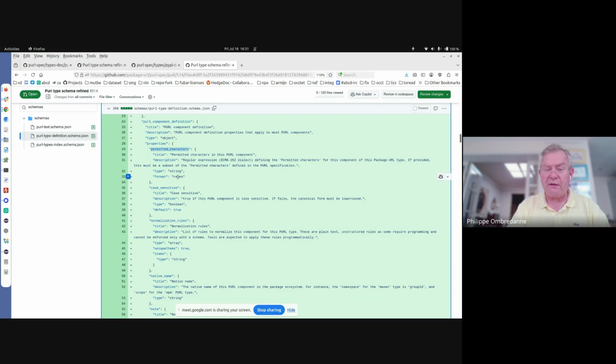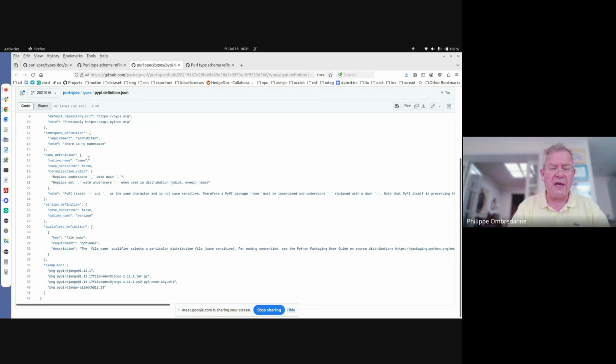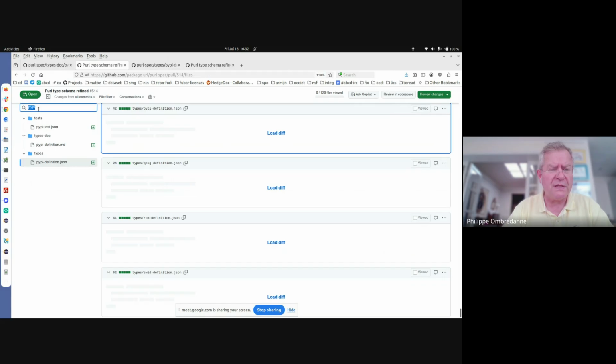We could further constrain the permitted characters for, say, in this case, the PyPI name, saying the canonical name cannot have dash in its name, and that would potentially become the base conformance. The normalization here, which requires programmatic access and programmatic transformation, would become something which is advanced. That could be a possibility. Trying to think about what other types are a bit problematic there. Actually, composer may be interesting, because composer has